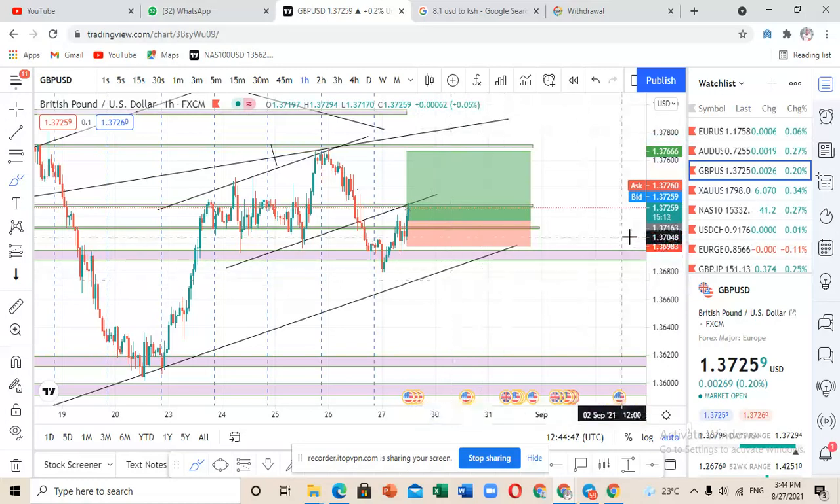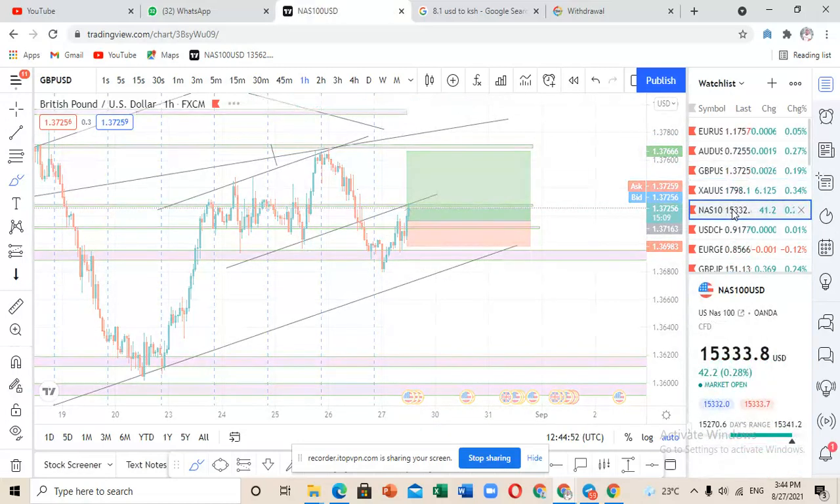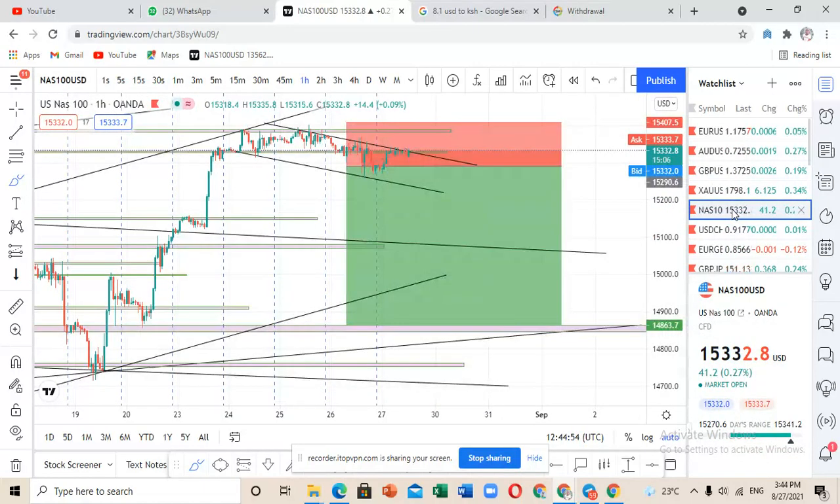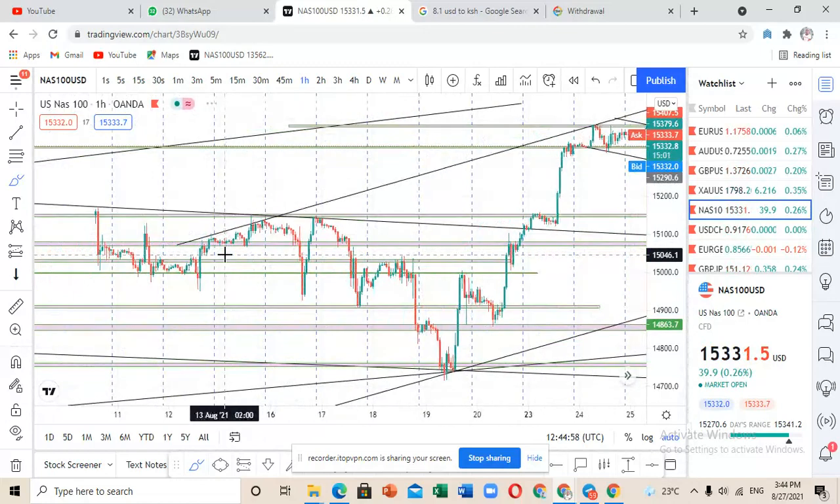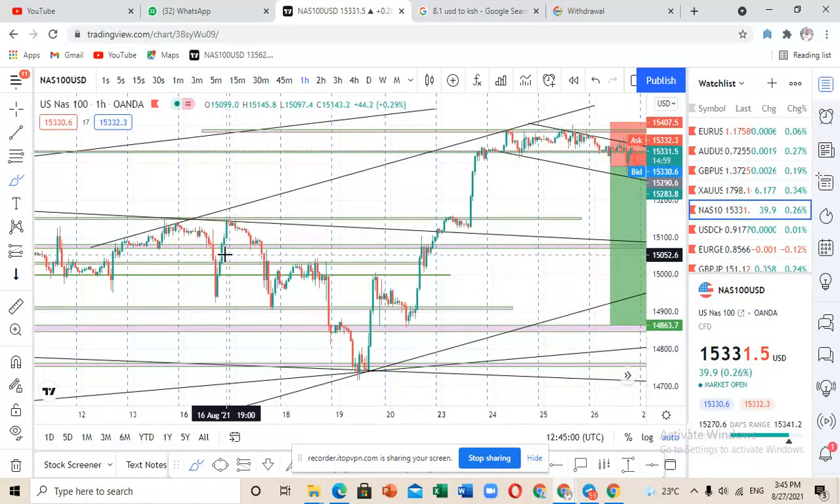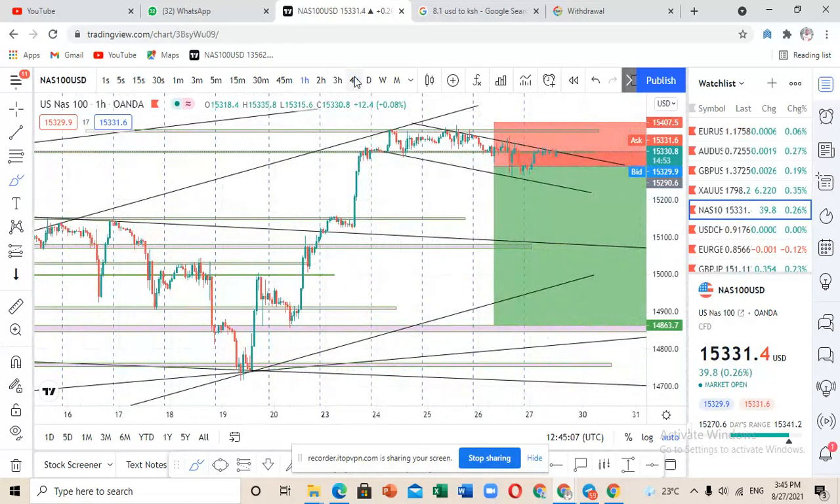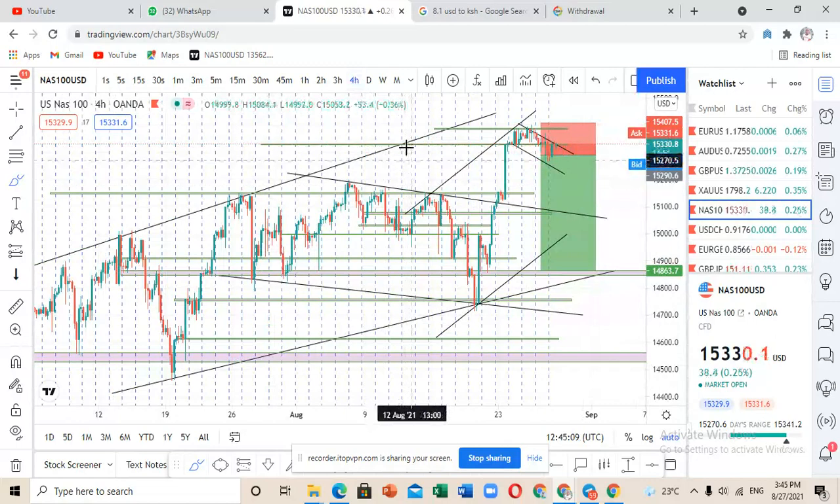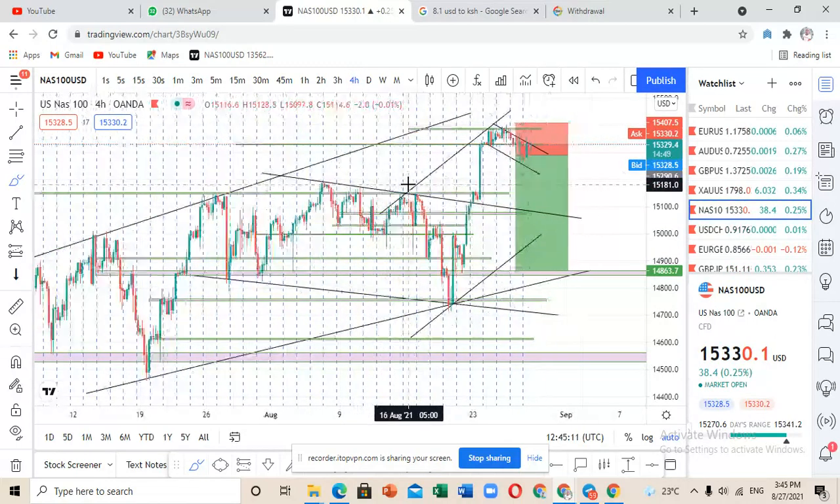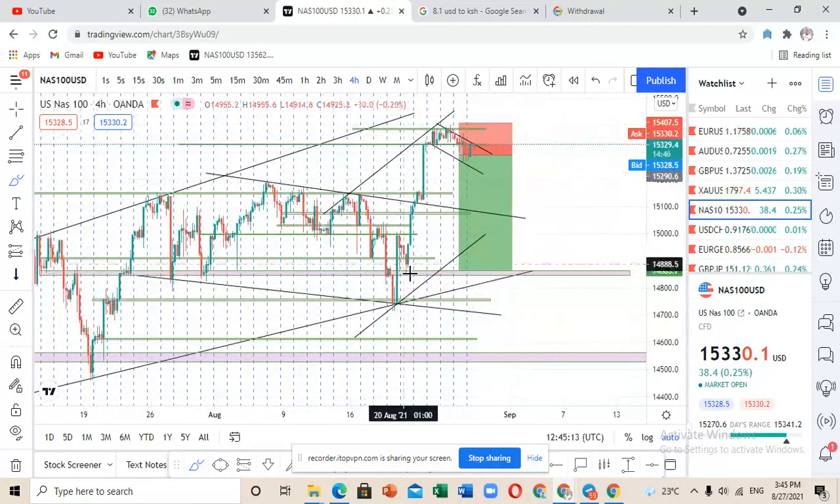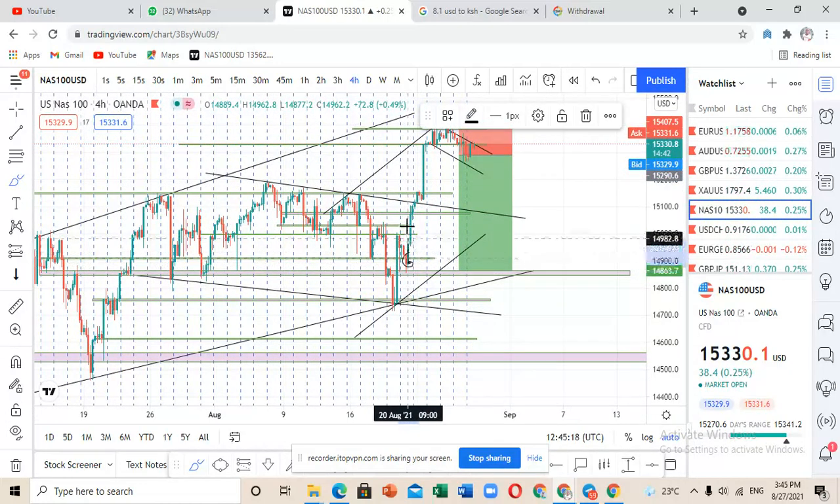Now let us finally go to the NAS 100. On NAS 100, I think the whole of this week we have been experiencing a lot of moves to the upside, a lot of bullish trend, but when I come to the 4 hour time frame, you can clearly see that this is a very strong point of resistance. So for the whole of this week, you can see that the market moved from this point here,